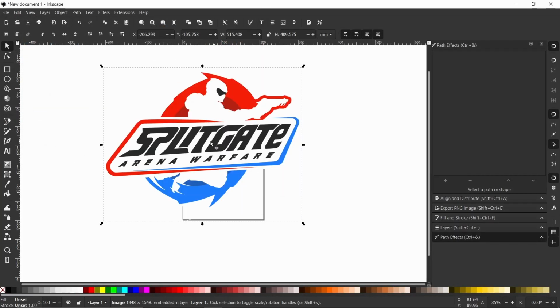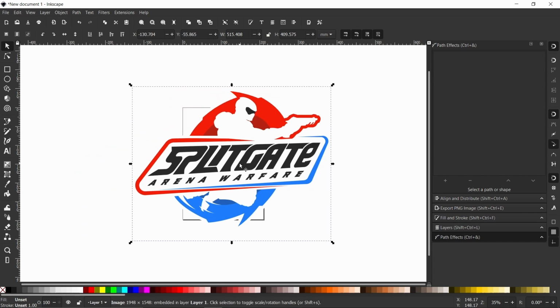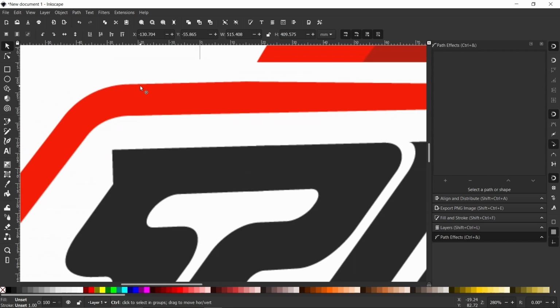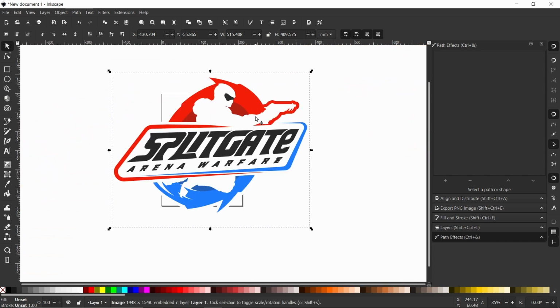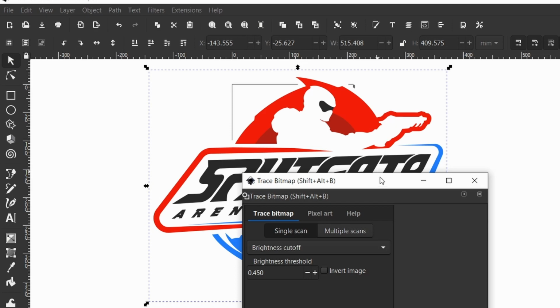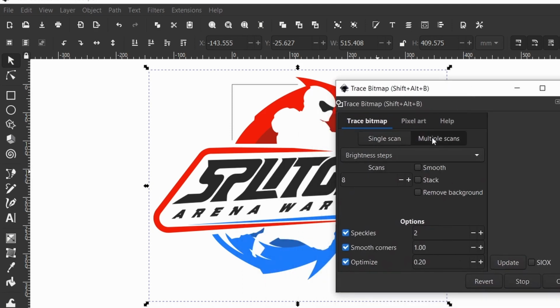Now the problem with leaving a logo just as a PNG file is if you try and make it bigger, it pixelates. So what we need to do is change it into a SVG, which is a scalable vector graphic, which, as you might imagine, allows you to scale things and make them as big as you want. So go to Path, go to Trace Bitmap. We're going to go over to Multiple Scans,